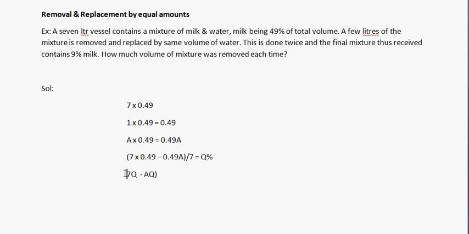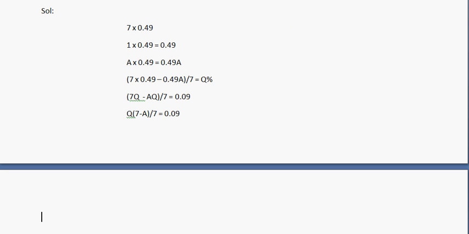So this is what we are left with. Now this divided by 7 is given as 0.09, so we can write it as 0.09, right? If we simplify it further, what would we get? We would get Q multiplied by (7 minus A) divided by 7, right? Now just substitute Q here and it is equal to 0.09, and if we substitute Q here, we can simplify